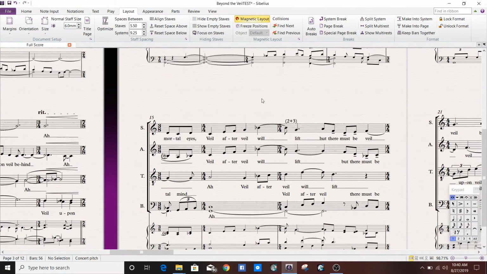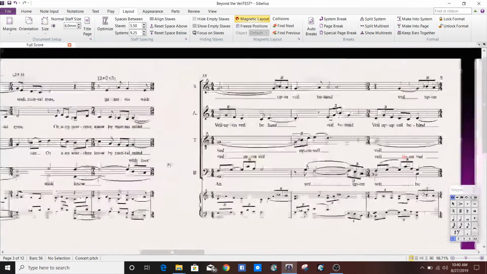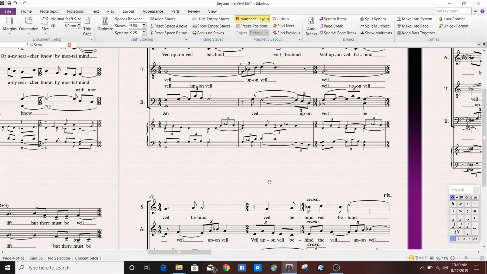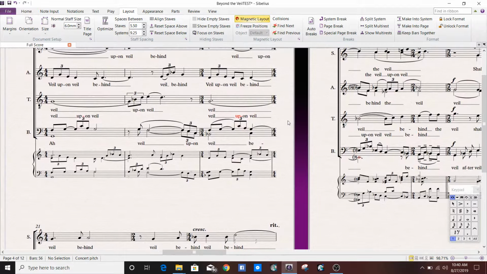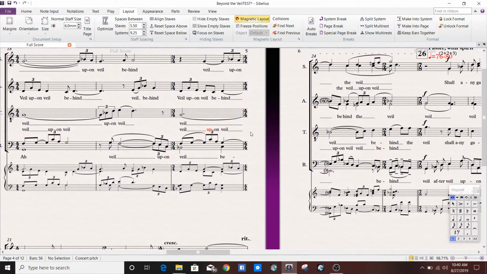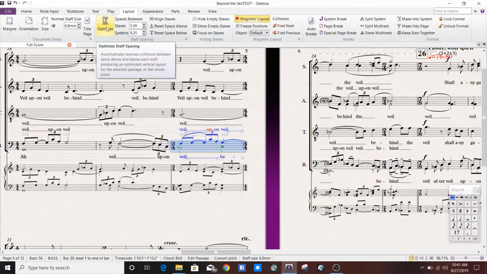Let me see if I can find another place where perhaps Optimize will work. Aha, right here I know that Optimize probably won't work because of the way that the text is set up. So I'm going to just show you, I'm going to highlight this and I'm going to hit Optimize, and you'll notice how nothing happened. There's an issue here with magnetic layout, which is this gray text that you'll see underneath